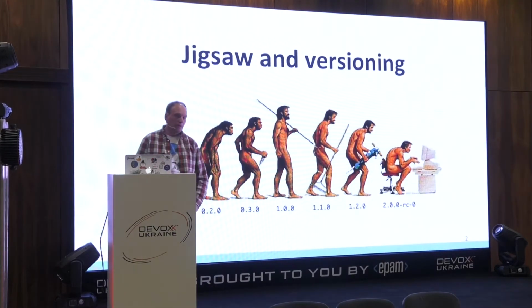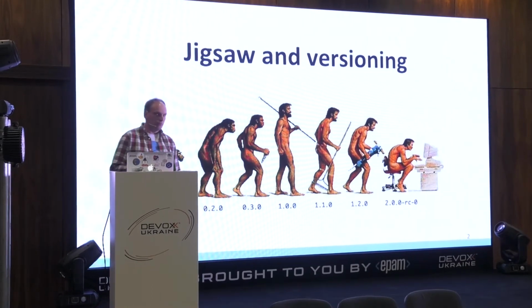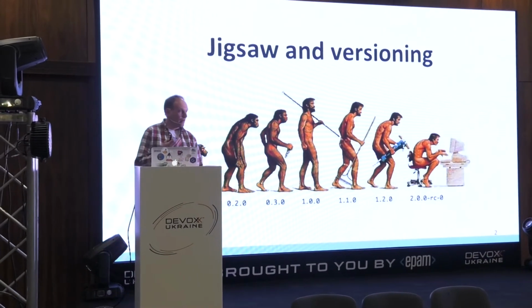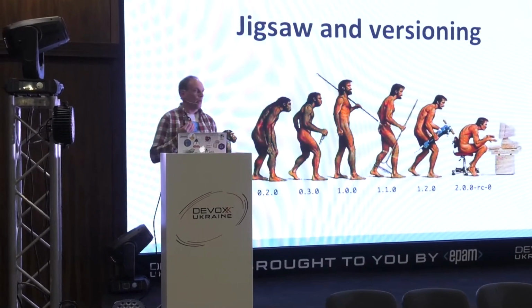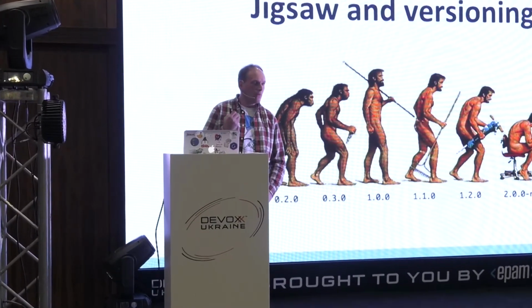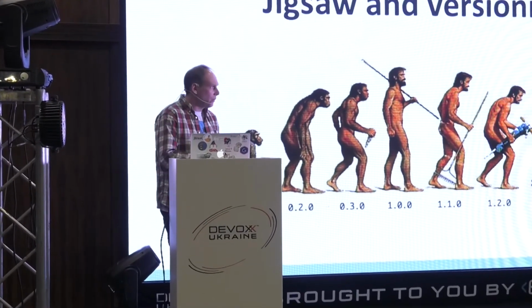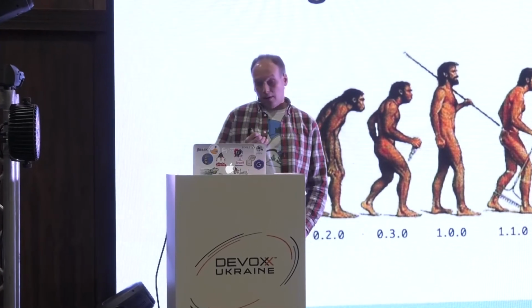When I was at JavaOne last year, I visited quite a lot of sessions about Jigsaw from the creators of Jigsaw, Mark Reinhold and Alex Buckley, and almost every session ended with a question. Why does Jigsaw not have versions? When will Jigsaw have versions? Or how can we live without versions? There was no clear answer to these questions.